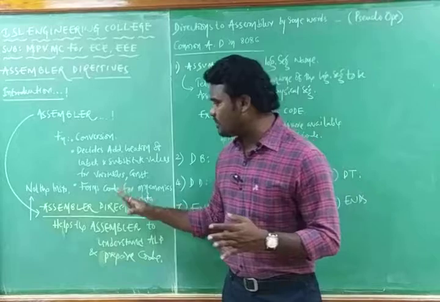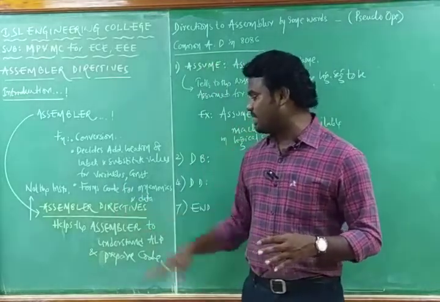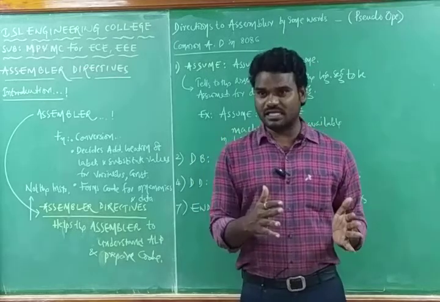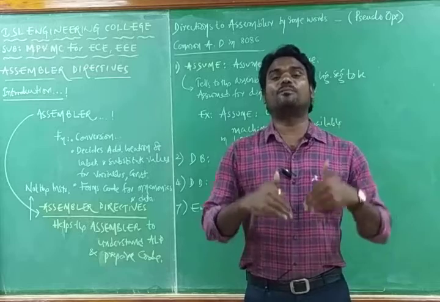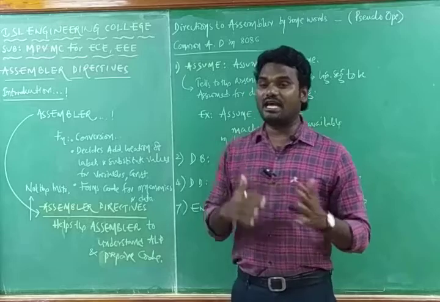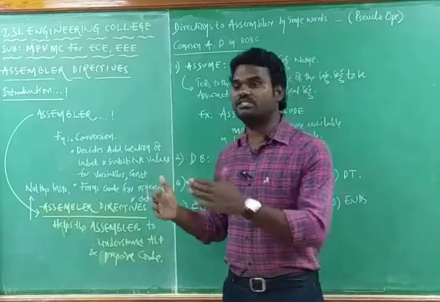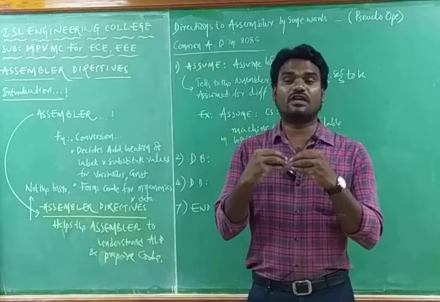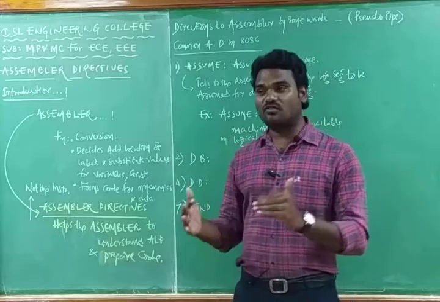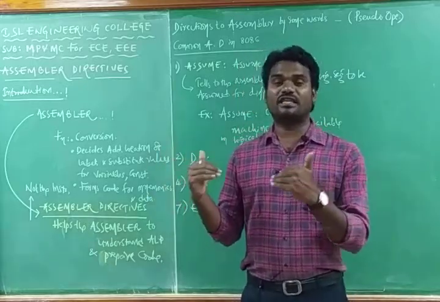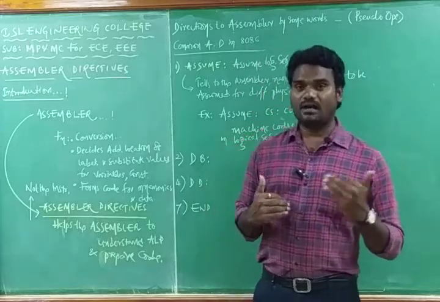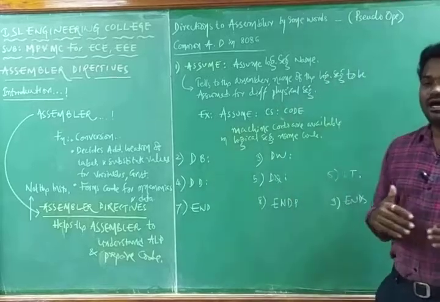You should remember one important thing: these assembler directives are not instructions. An instruction is something that performs some operation on the data, but here the directives direct the assembler in the conversion of the assembly language program to machine language, so that it creates the proper code for all the fields in the assembly text. That may be a label, a mnemonic, operands, and a comment. A comment is not going to be converted into machine language.